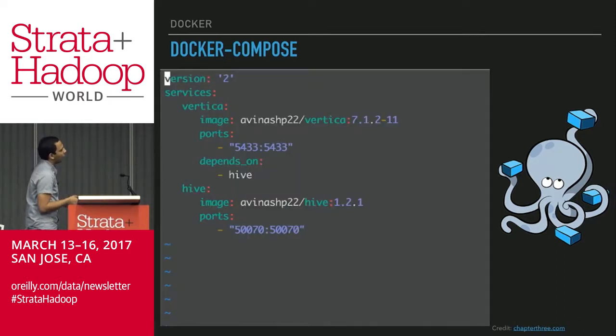So this is an example of a Docker Compose file, where I'm running a Vertica container and I'm running a Hive container. The Vertica container is sourced from the Vertica image and the Hive container is sourced from the Hive image. I have made the Vertica container dependent on Hive, and all this means in